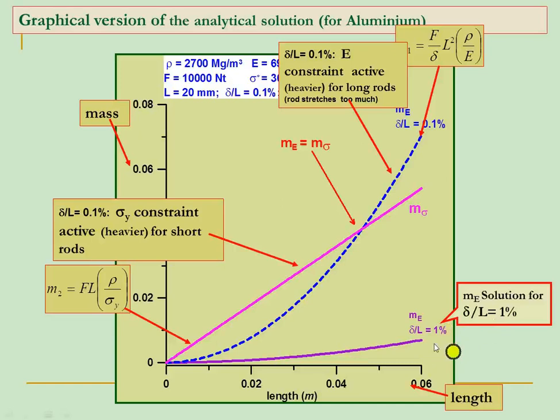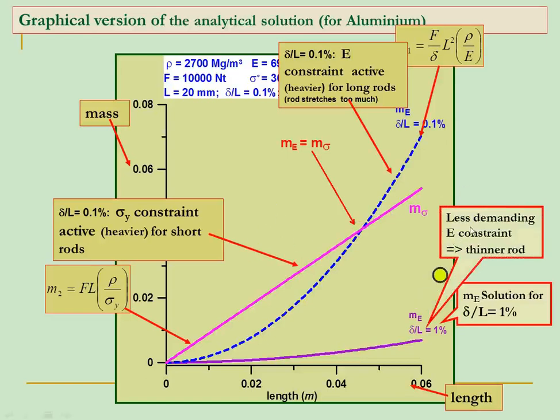When I compare the purple solution with the pink solution, the strength constraint is always active irrespective of the length. So for this particular case, the stiffness constraint is less demanding. Less demanding means it will never become active till the time we have plotted it, up to 0.06 meter. Only the strength constraint is active. So this is the understanding of the activeness, that is, which constraint becomes active, and